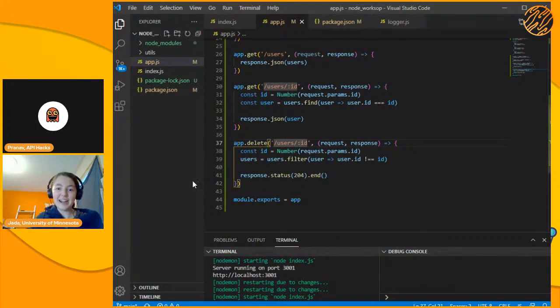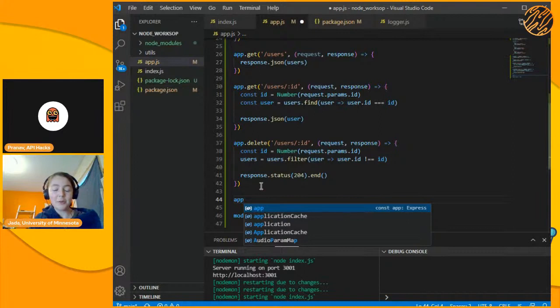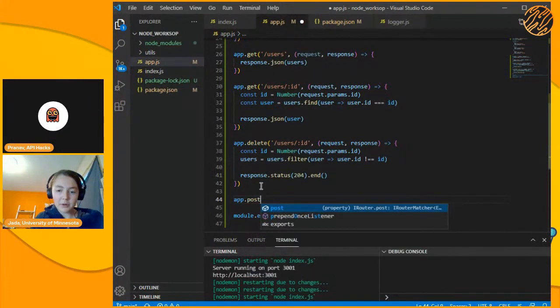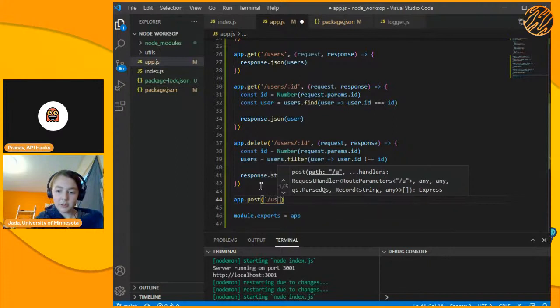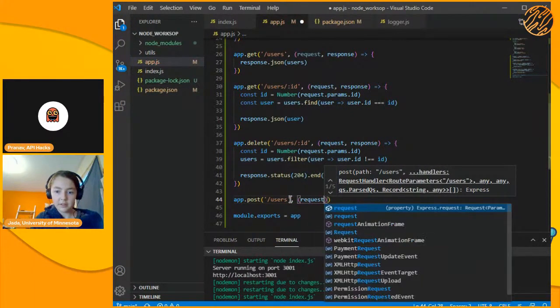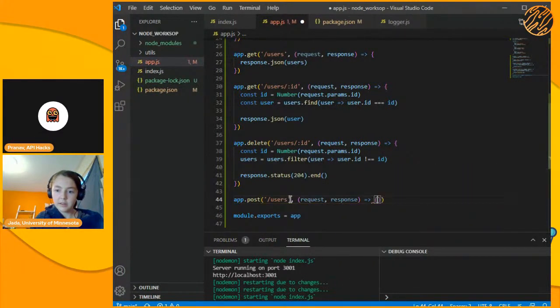Okay, and the last thing I want to show you is how to add a user. So whenever you're adding something, you're going to use a post request. So you're going to want to do app.post, and we're going to want to go to users, but we're not going to do ID this time because we're going to send a request body. So do the same thing, add a callback function, request, response, and then we're going to want to do,